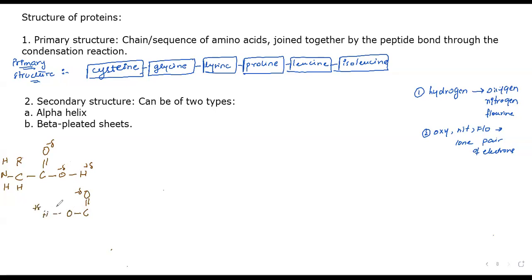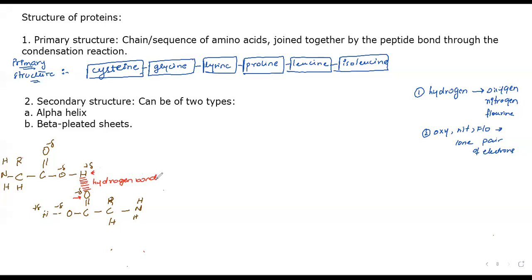Okay. Now, what's going to happen is that over here I have my partial positive hydrogen. This is the hydrogen that has slightly positive charge because all the electrons have gone to oxygen. Then this is the oxygen that is slightly negative because it has attracted all the electrons from the carbon towards itself. So a bond will form between this hydrogen and this oxygen. This is your hydrogen. So hydrogen bond is going to form.